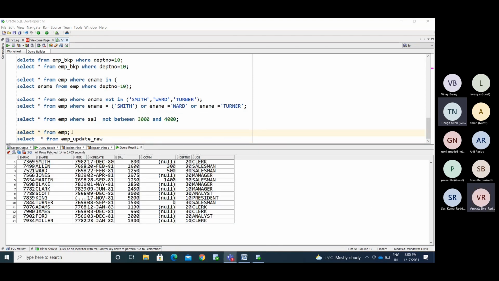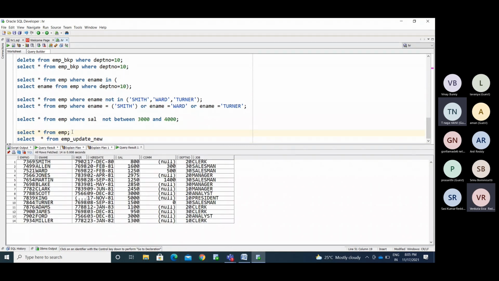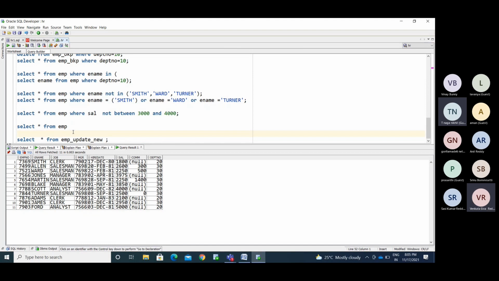Now I have my employee table. This table has all the employee information. Now this table has the new employee information, new and old employees both. Now I need to understand which employee information has come in today's feed. So in the earlier days we have